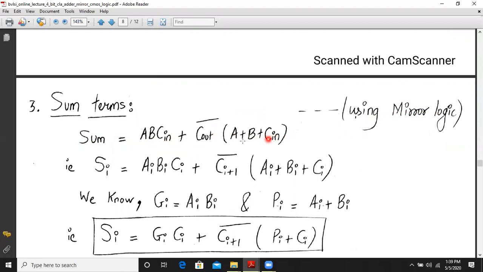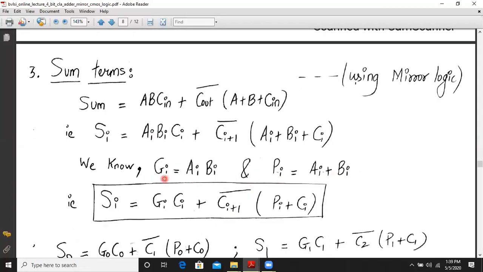The sum expression can be written as A B C in plus C out bar into (A plus B plus C in). In the general form, we can write it as Si is equal to Ai Bi Ci plus Ci plus 1 bar into (Ai plus Bi plus Ci).